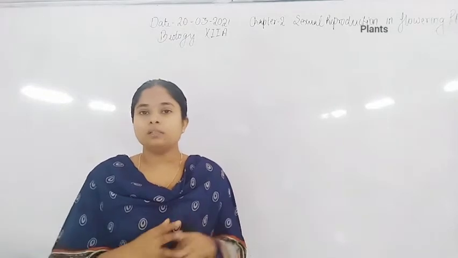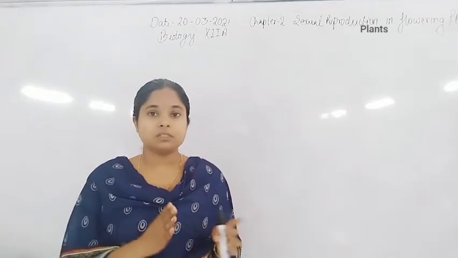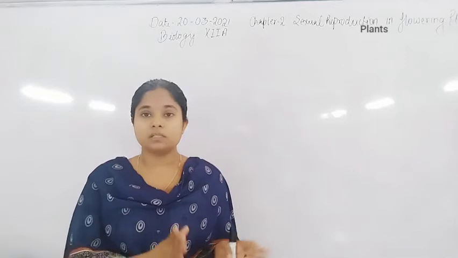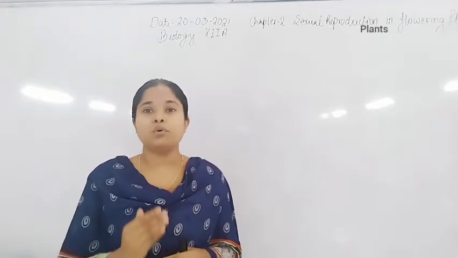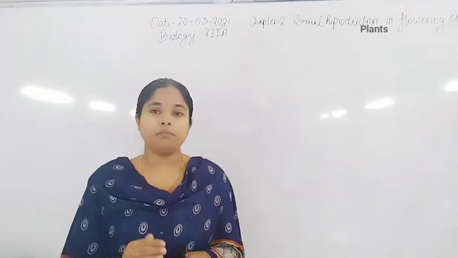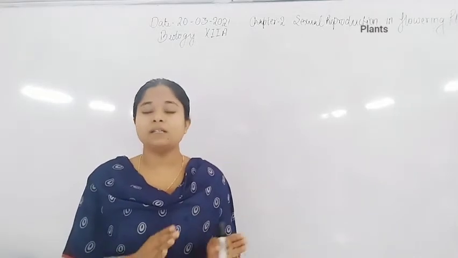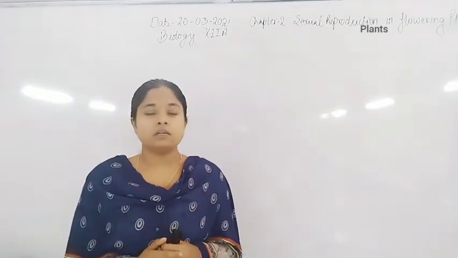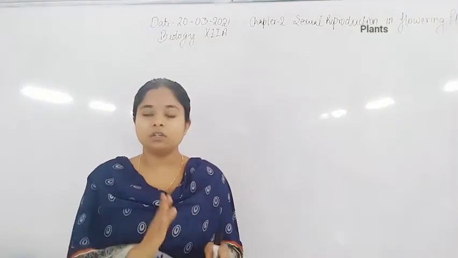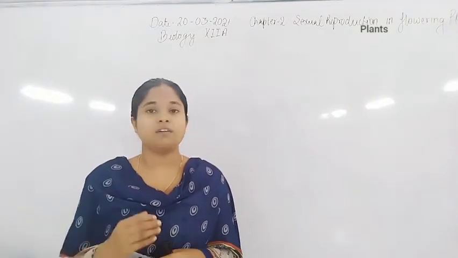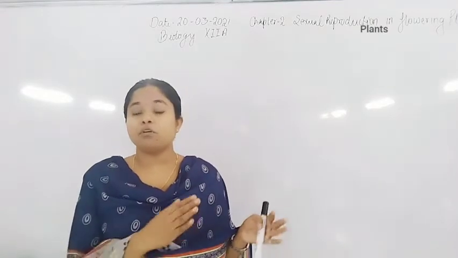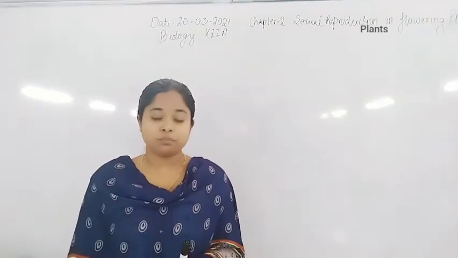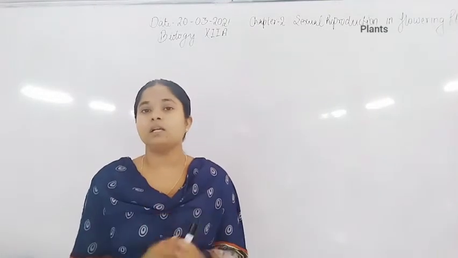Now, after this, we discussed the pistil, and we discussed the stamen, microsporangium and pollen grain. The stamen is formed by the anther and filament. Inside the anther, there is a microspore mother cell which undergoes meiosis division. After the meiosis division, millions of pollen grains are formed inside a single anther.